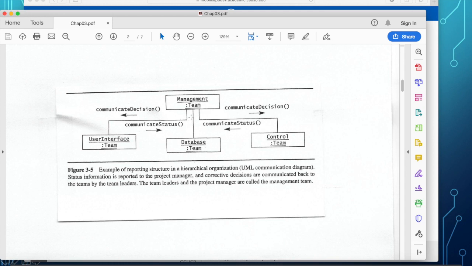So in this project organization, the management team is centralized into a single team, whereas in our case, it's kind of a distributed team where each team is autonomous to make decisions with regards to the mobile app.